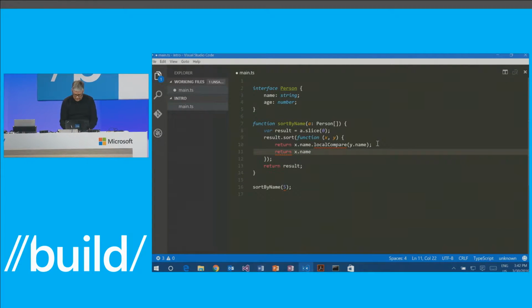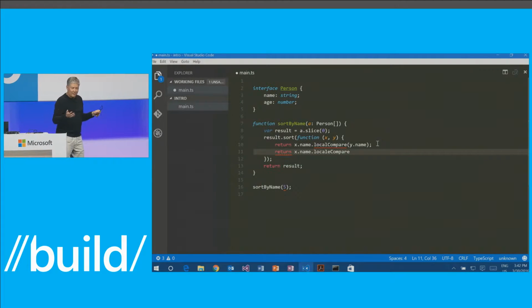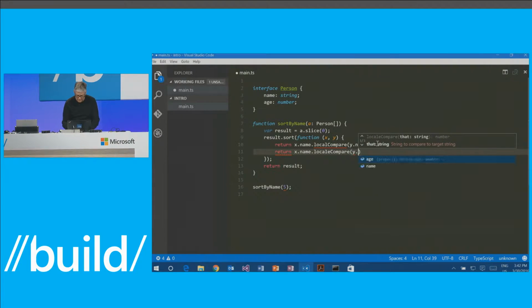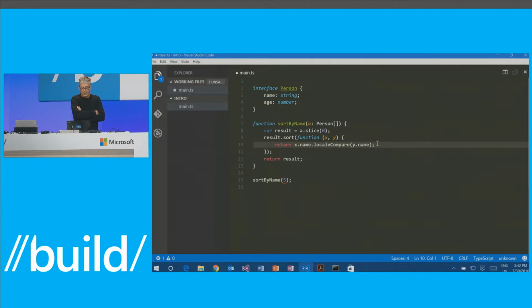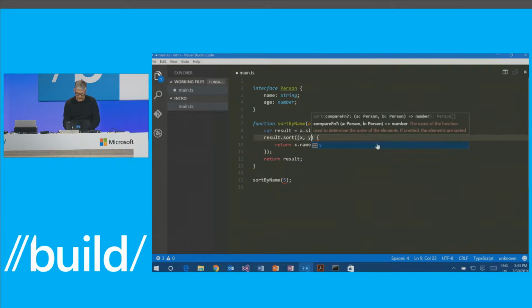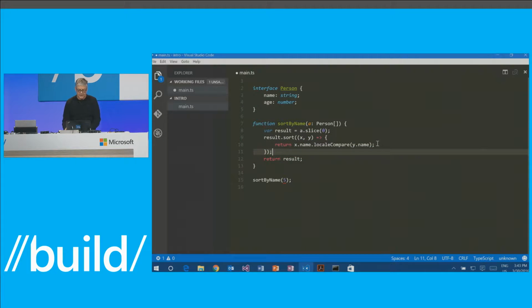So I can just type that, and then we know that name is a string, so I can show you all the methods on string, including locale compare. Apparently I had misspelled it, but since it's JavaScript, no one tells me until the program runs, right? But now, you actually get to know about it. So we can fix these errors. That's great. Because we are using TypeScript now, we can also use later features. For example, I can use lambda functions here. Instead of writing a function literal, I can write a lambda.